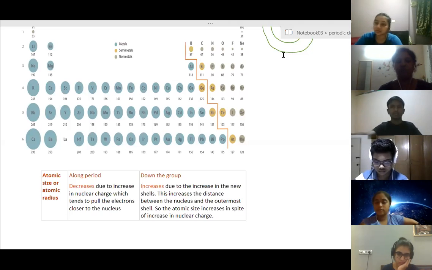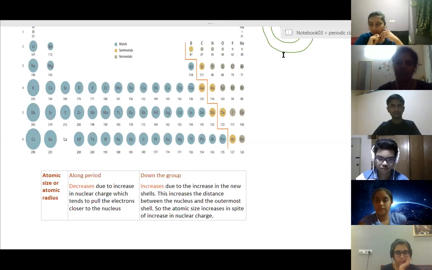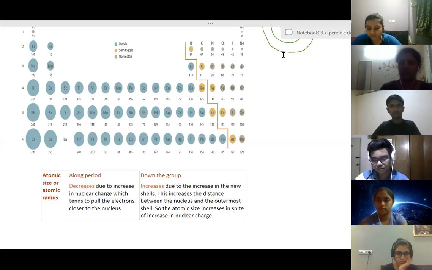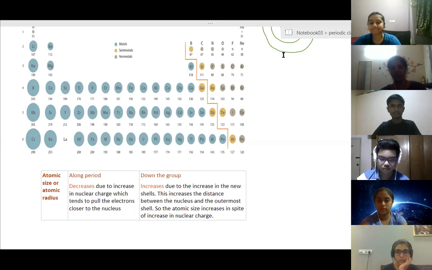Clear? So as we move from left to right, sodium to chlorine, the property of gaining electrons increases because the nuclear force of attraction keeps on increasing. So when the nuclear force keeps on increasing, if an atom gains any electron, it will remain strongly attached to the nucleus of that atom. Clear? So hospitality by the nucleus is the nuclear force of attraction.